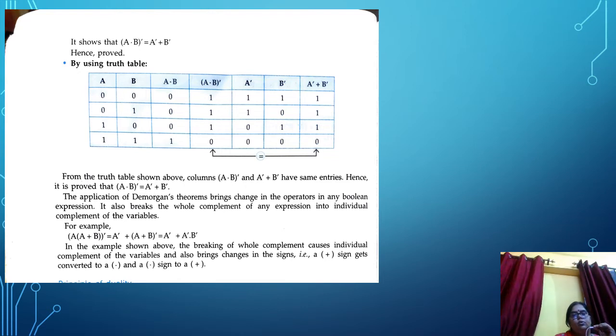See, it is done by using the truth table. See, students, in the board you all have to prove by using the truth table and the algebraic method, but here it is written how you are going to prove it. But when there is a description of a theorem, like what is De Morgan's theorem, or what is the distributive law, or what is the associative law, then you all have to write both things. You have to prove with the help of the truth table and with the help of the algebraic method. So go through this theorem very attentively, and generally De Morgan's theorem is asked frequently in your board.